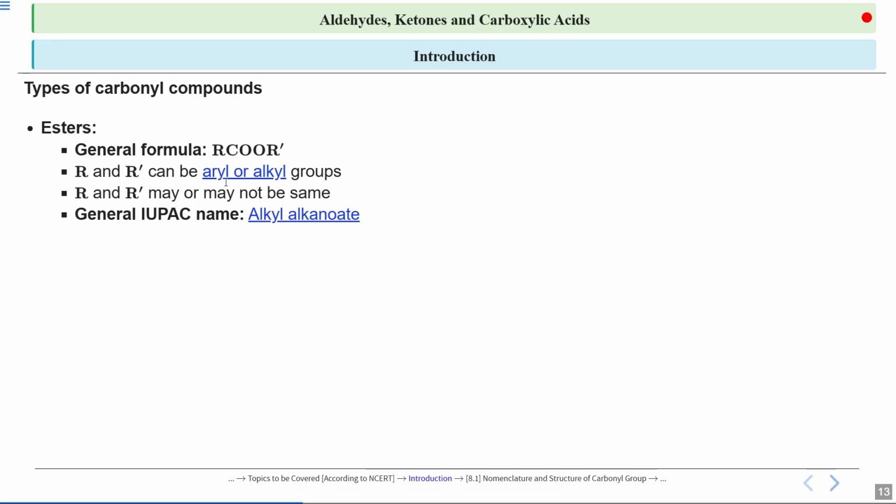So the general IUPAC name of ester is alkyl alkanoate. Okay, so if I talk about esters, I told you that this is how an ester looks like. This is C double bond O, this is the R group over here, and this is the OR dash group over here. So it is formed from carboxylic acid plus alcohol. Okay, so this R part comes from the acid part, and this R dash part comes from the alcohol part. When you name it, it is alkyl alkanoate. So this alkyl part comes from the alcohol part, and this alkanoate part comes from the acid part. Okay,